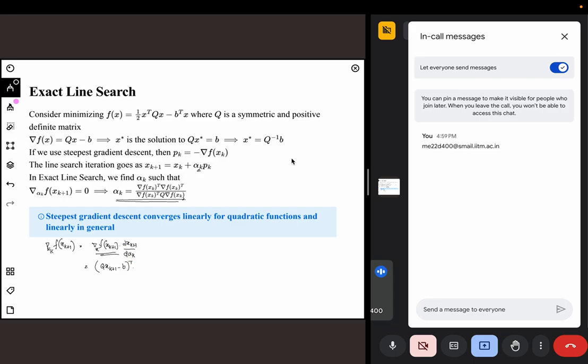Del xk plus 1 by del alpha will give me pk. You can quickly do this calculation. So this will be q times